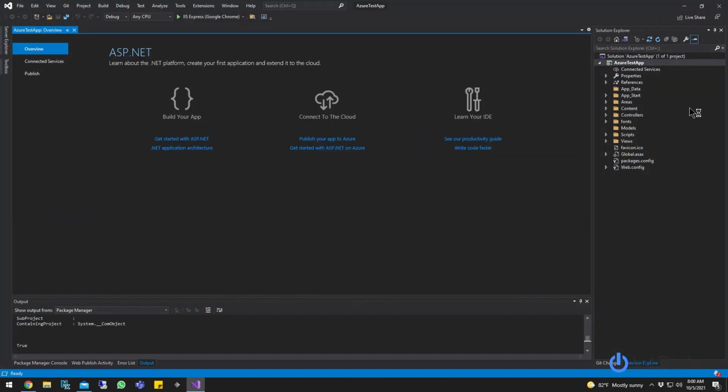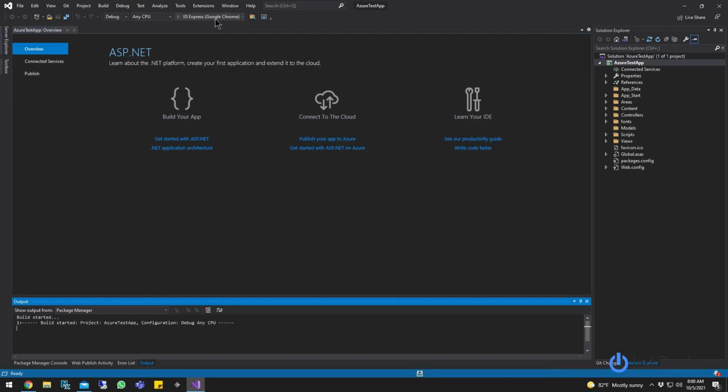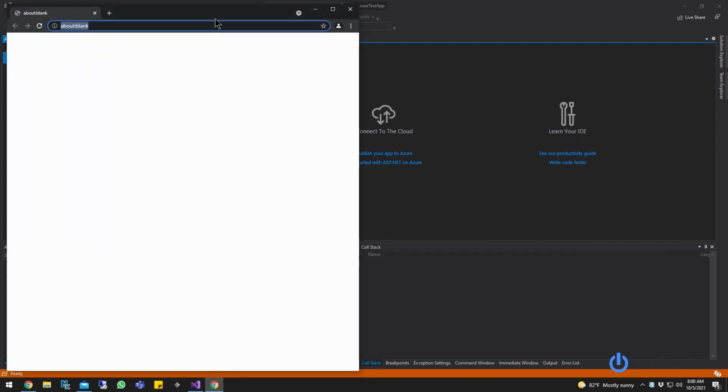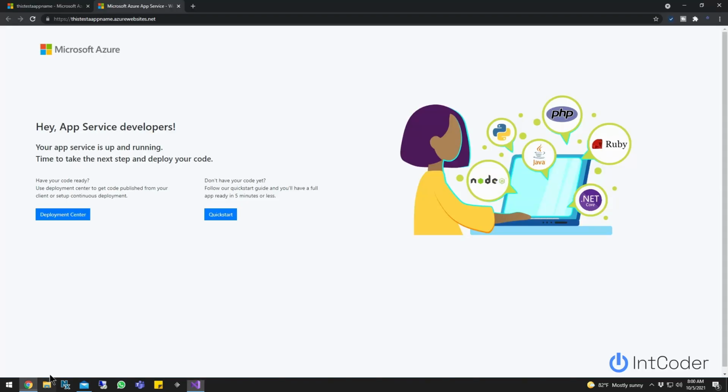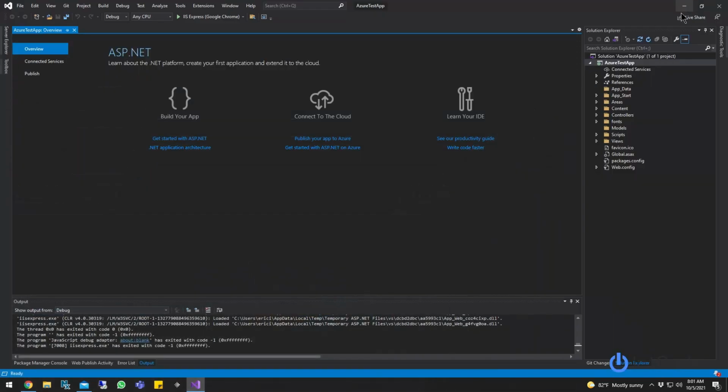It looks like your app is up and running. This is just the basic stuff, right? If you run it here in Visual Studio, this is what we should see when we publish this into our Azure website. All right, let's give it a second here. So this is what we should see right now. This is what we see right now. All right, so let's go ahead and